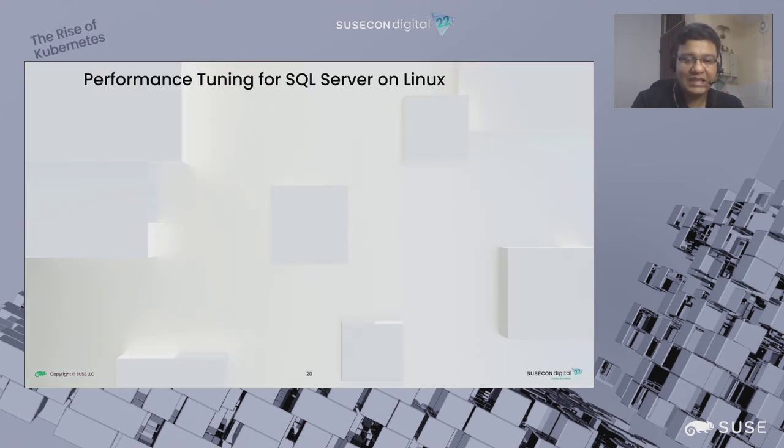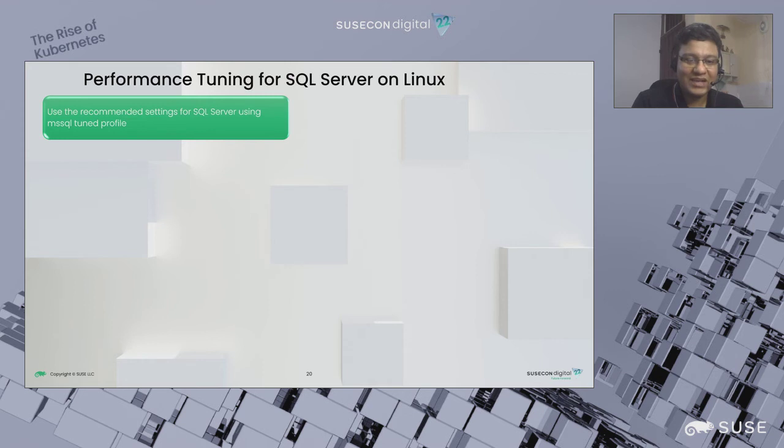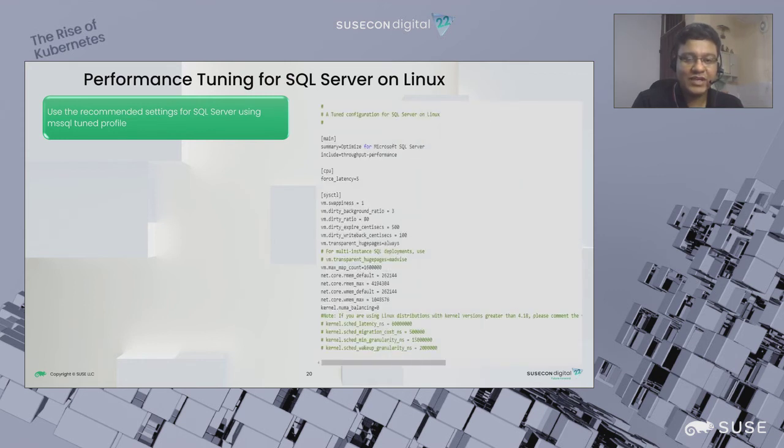The first thing, as I showed you in the demo, was about the TuneD profile. So you can go ahead and install TuneD. With that, you will get the TuneD profile for SQL Server. You can change the configuration to something which looks like this, which is what we've seen gives you the optimal performance for SQL Server. And after you have set this, you can enable the TuneD profile to use the MSSQL